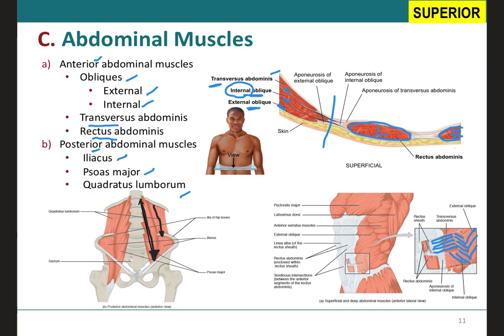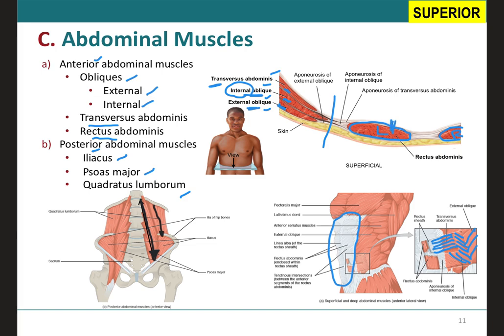And don't call the transversus abdominis the transversus abdominis oblique because it can't be transverse and oblique at the same time. So to summarize, laterally you're going to have three layers, which are the external oblique, the internal oblique, and the transversus abdominis. And anteriorly, you're going to have two sheets of muscles, which are the rectus abdominis on the